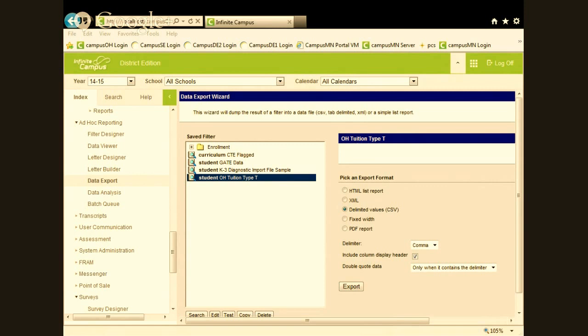So you can run these extracts, you can schedule them. So if you need to do an extract for, let's say, transportation, and you want to run it every day and do an export file of kids whose addresses changed, and put it in a location where the transportation department can pick it up, you can use the data extract utility, create the extract, the export query, and schedule it to be done at the same time every day, or once a week, and have it dump the data in a location where another system can pick it up.